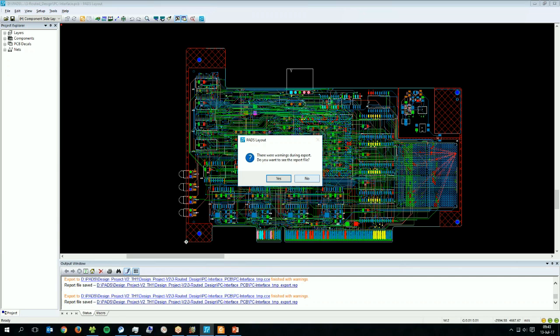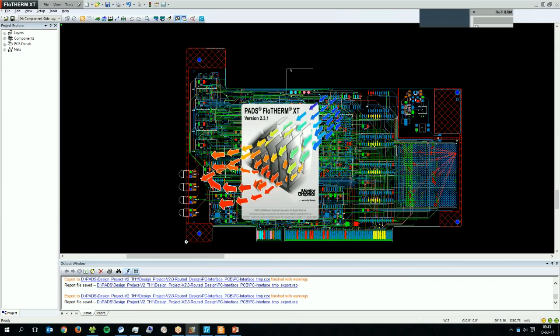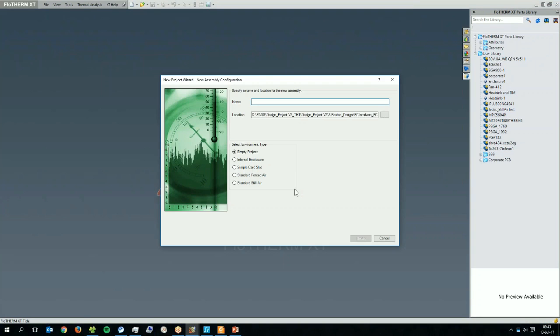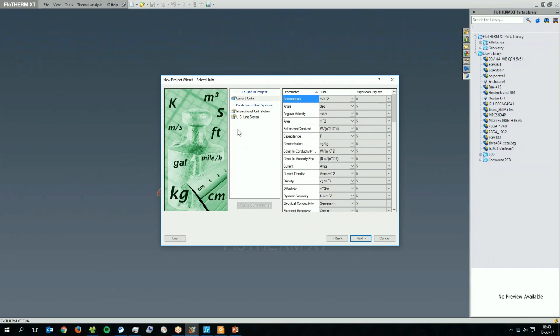You can see we get the splash screen for PADS FloTHERM XT, and I'm going to give my project a name to start with. So let's just call this Oasis 2, and we're going to be looking at an empty project for now because we're going to be defining all of our mechanical assembly constraints. I choose my unit system, so I can choose the US unit system, and that will put all my temperatures in Fahrenheit, or I can use the SI